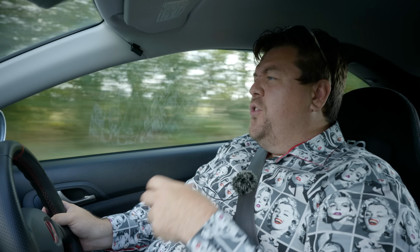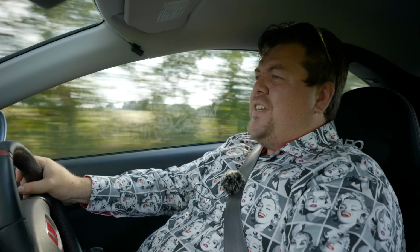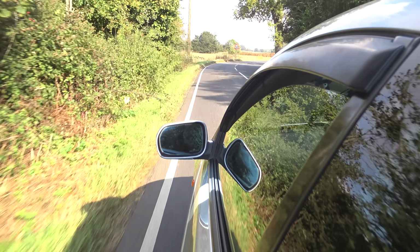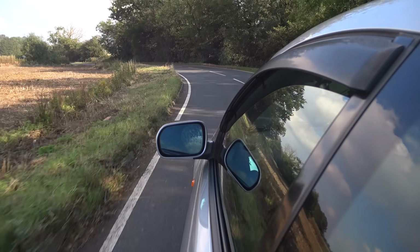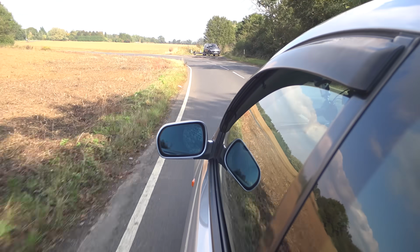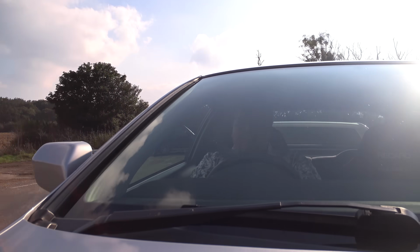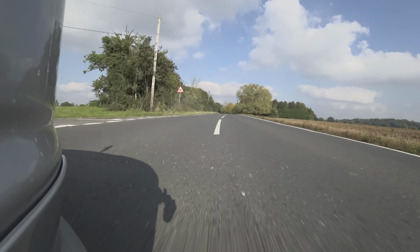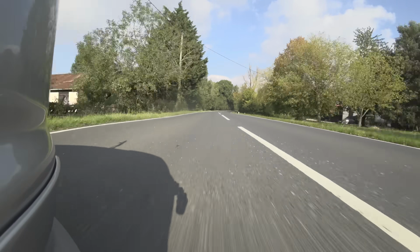The car I was expecting was, sure, something that could change direction like a terrier, had cat-like reflexes, but was also quite stiff and unforgiving. This is not the case at all. If anything, the car is far more supple than I had expected, and despite the steering here being hydraulic and not electric, it is rather vague. In fact, the whole chassis doesn't really seem to be that keen to turn in. And it's not a bad car, it's not unpredictable, it's not dangerous,